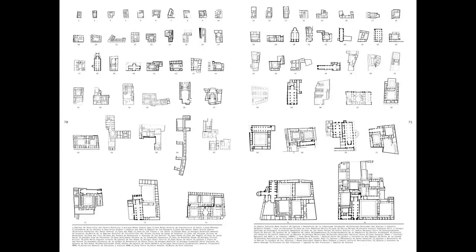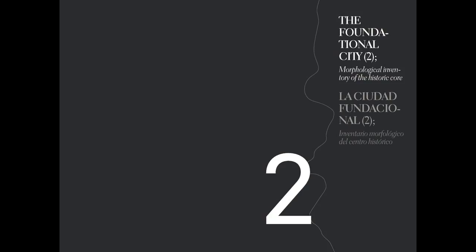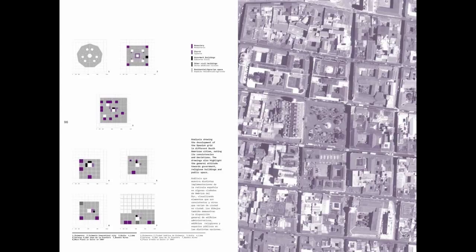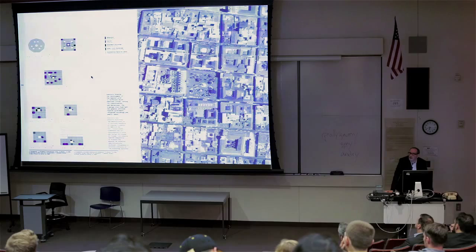So if the first cut had to do with the typologies of the historic core, the second one had to do with the larger morphology. How did the historic core begin to take shape? And I think this is what I was talking about before. We began to look at the relevance of certain ideal cities from the 1600s and 1700s, primarily Scamozzi's Palmanova, and the ideal military cities of the